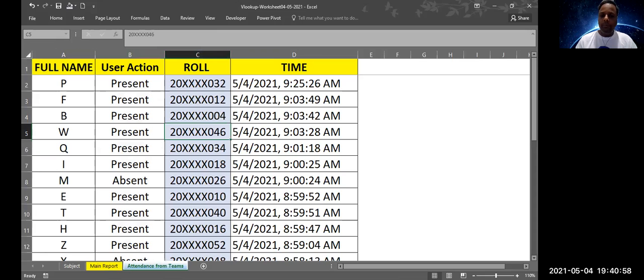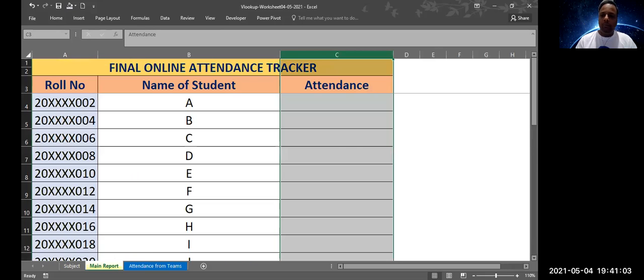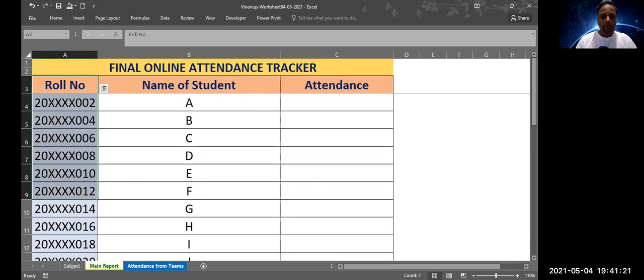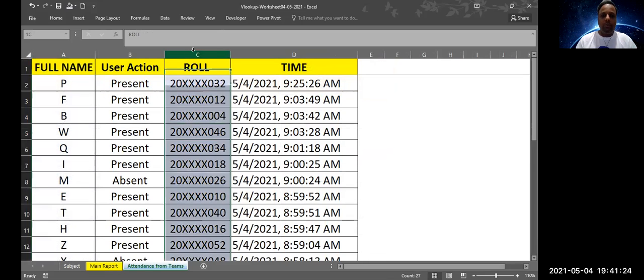First, the first parameter to use a VLOOKUP is that in both Excel sheets we should have a common element, which will be present in both the sheets. When we see our attendance report, which is a standard report, we see the roll number here. Once we go to our data dump for the attendance, we also see a roll number in column C, which is called roll. So for any VLOOKUP, the basic fundamental is we need to have one common point which is available in both the Excel sheets. That's the first thing.